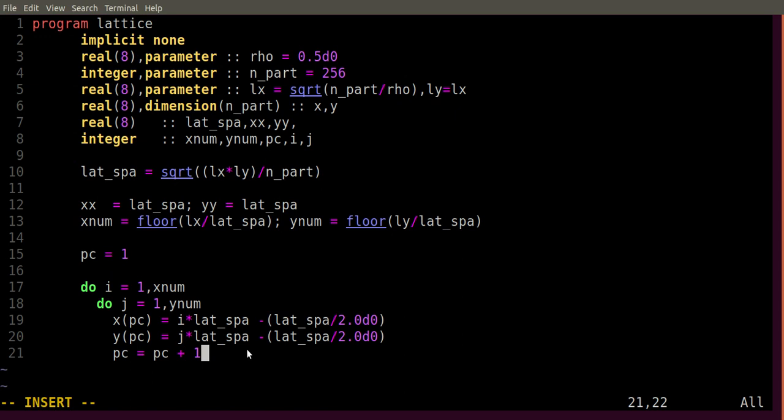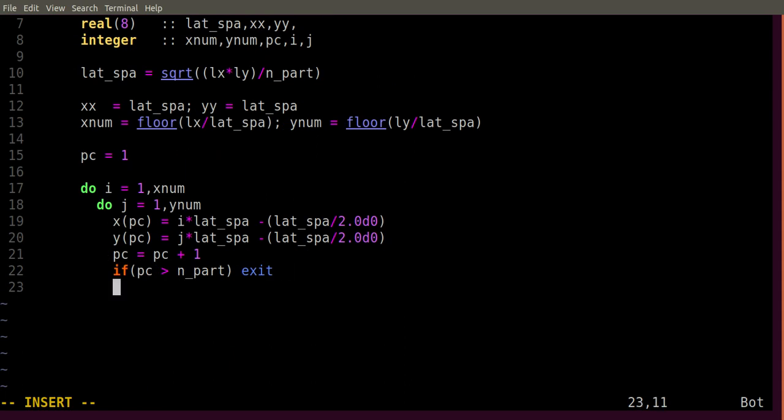And then if my particle count is greater than n part, I will just close the loop, or exit from the loop. So this is my x condition, and then again this is the y condition, and if my particle count is greater than n part, then also I will exit the y loop.